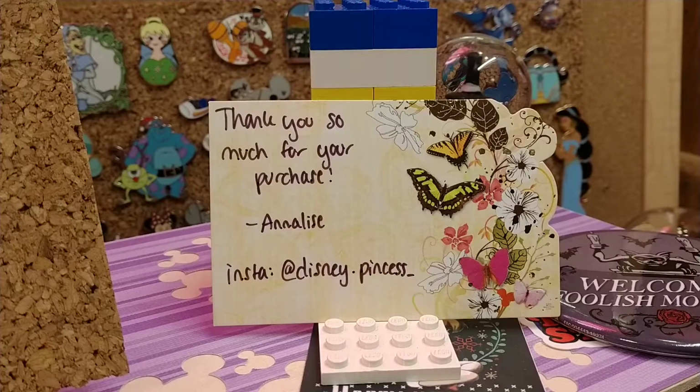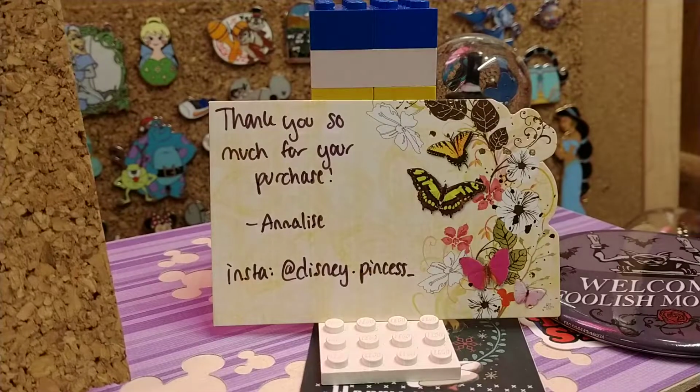I've had this set for a while now, just hadn't had a chance to pull it out, and I've removed some of these pins that I actually purchased for other people from this, but for now we have quite a few to look at, so let's look at some pins. First pin out of this package,